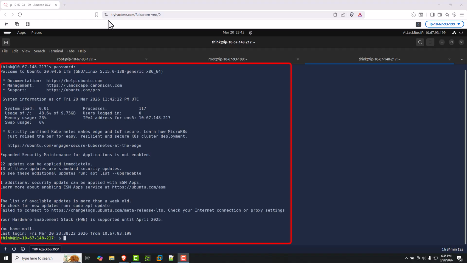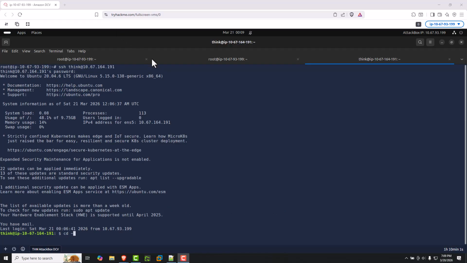Based on the output, it looks like the credentials I found in the git config file were valid. I can see the think user prompt. Now it's time to do some further enumeration. With working credentials and now logged in as the think user, I need to perform more enumeration to determine the